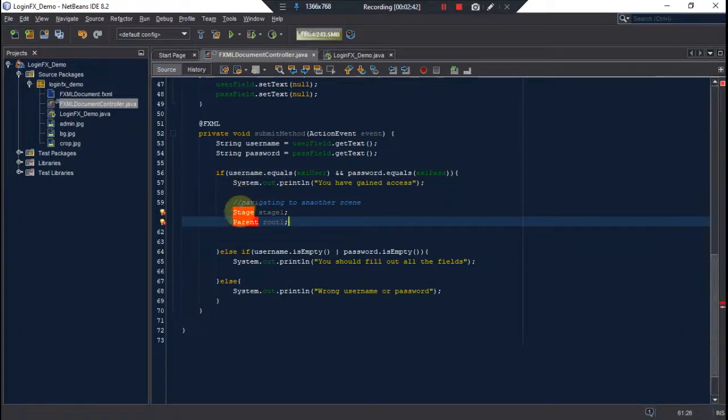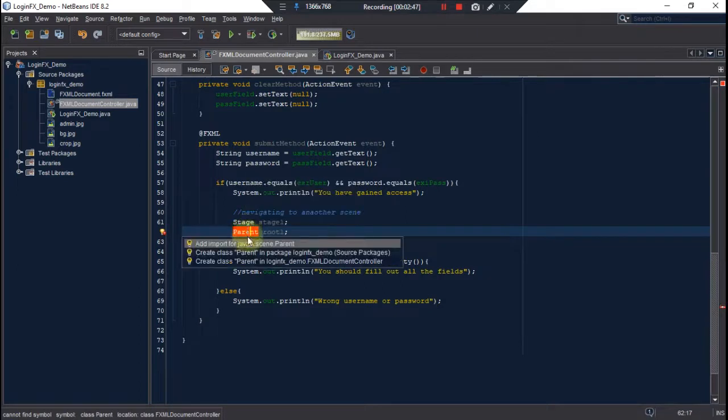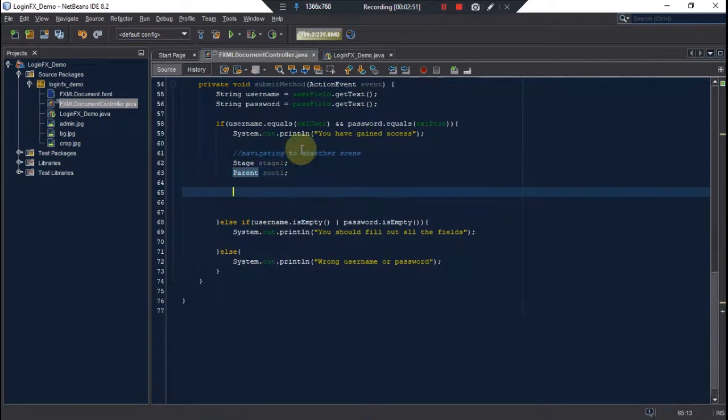Now we have to import this. Alright, there we are. What we need to do next is to set our stage 1. It has to be equal to stage